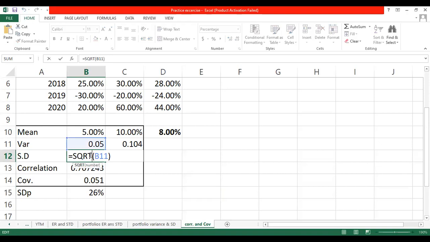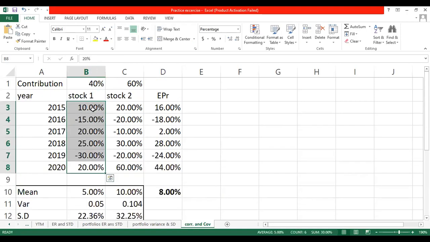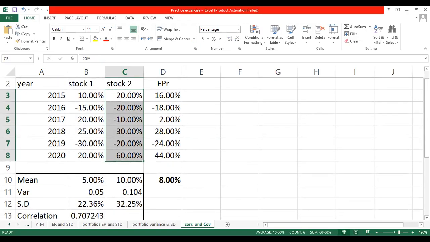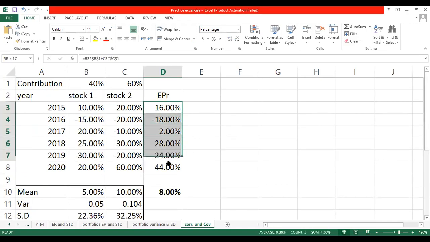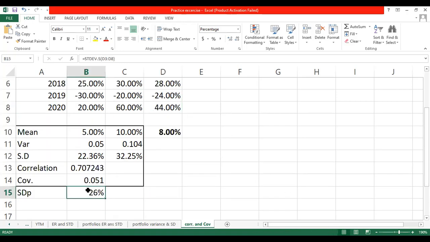You will know that here I have calculated from variance, and here even without calculating variance I can directly apply a formula of standard deviation. So the purpose here is to show that standard deviation is being calculated while assuming the return of stock 1. Standard deviation of stock 2 means apply standard deviation formula on the return of stock 2. Or if I'm going to calculate standard deviation of portfolio, so it's obvious that we will apply a standard deviation formula over the expected return of a portfolio. So this is one method.